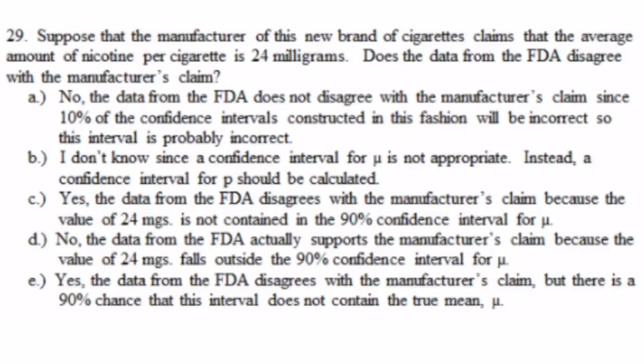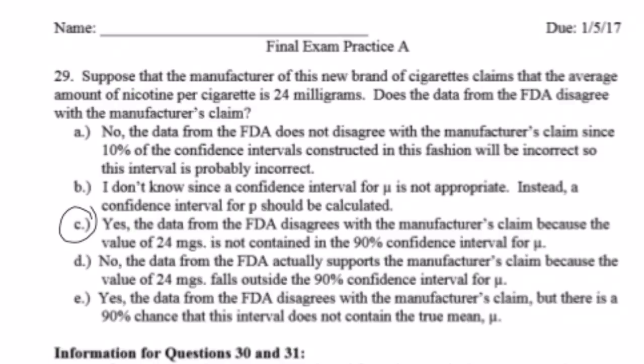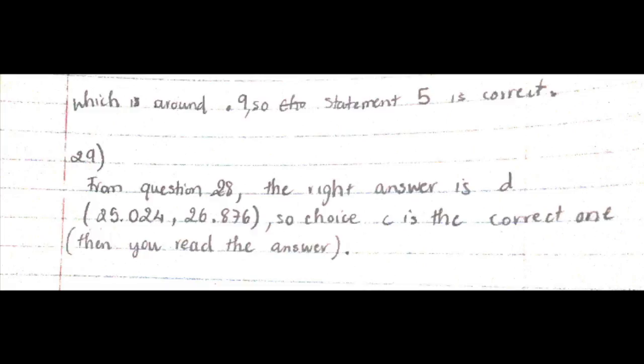Number 29 is asking, suppose that the manufacturer of this new brand of cigarettes claims that the average amount of nicotine per cigarette is 24 milligrams. Does this data from the FDA disagree with the manufacturer's claim? Because from question 28, the right answer is D, 25.024 and 26.876, this is making choice C in number 29 the correct one. Yes, the data from the FDA disagrees with the manufacturer's claim because the value of 24 mg does not contain the 90% confidence interval for